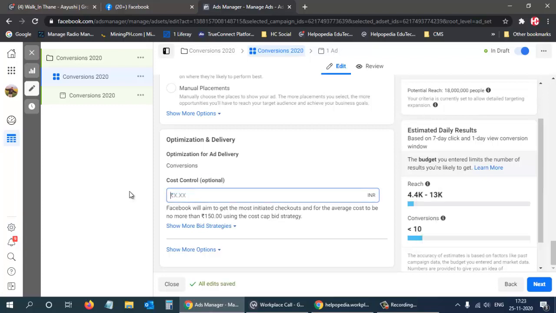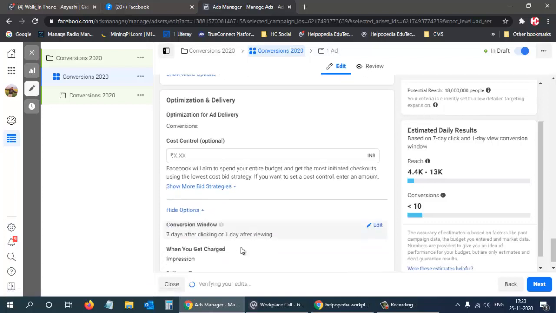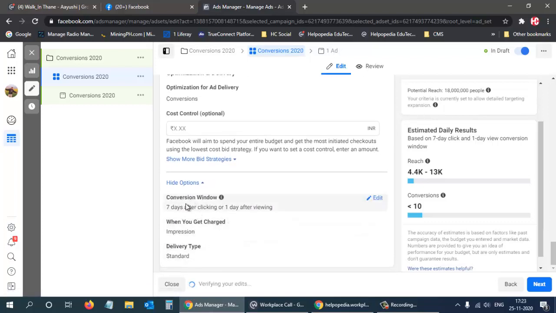So this time I will put it blank. So let Facebook decide whatever is the best performing cost for our ad. Then over here conversion window, so whether it is 7 days after clicking. So even if the person is clicking and purchasing something after 7 days, then it will be counted. And when do we get charged? So we get charged on impressions, and delivery type would be standard delivery. And then I click on next,